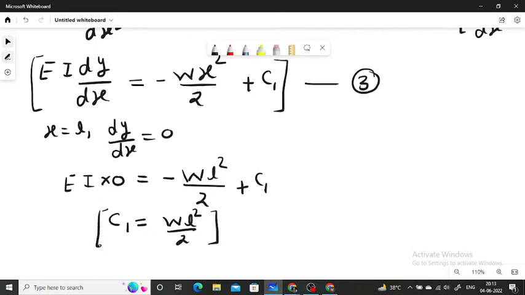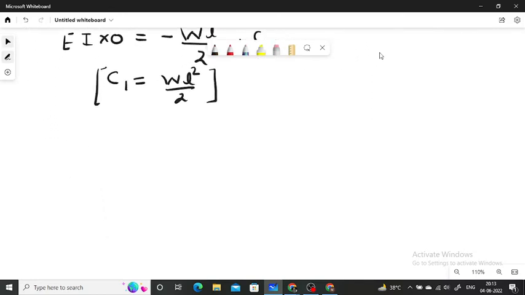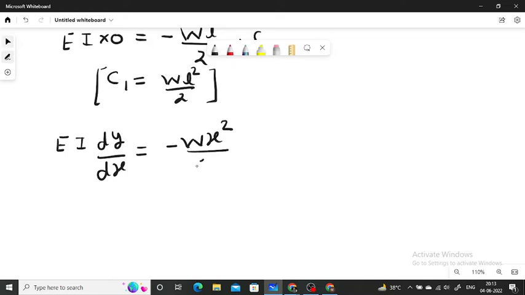So from equation 3, EI into dy by dx is equal to minus WX square by 2 plus WL square by 2. Now integrate this equation